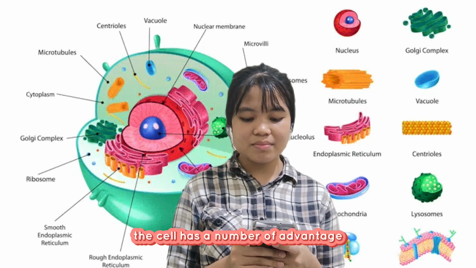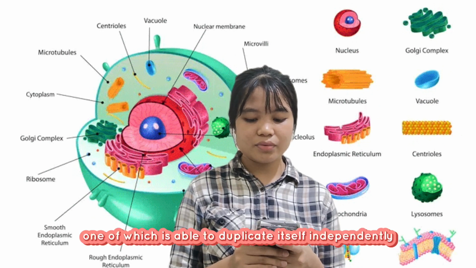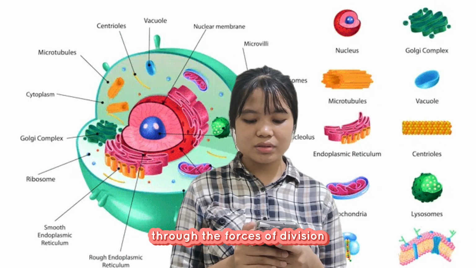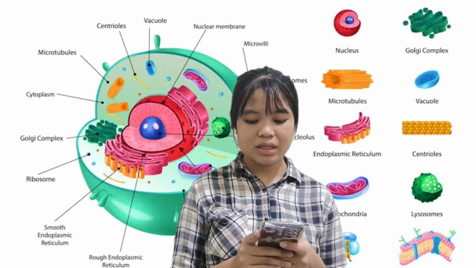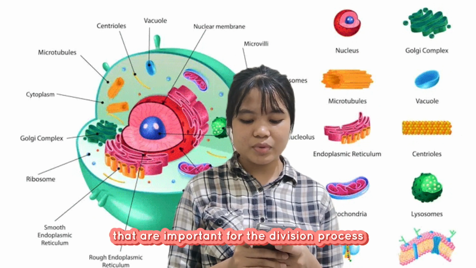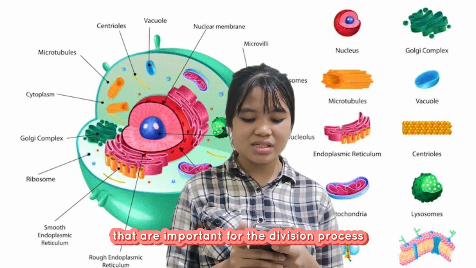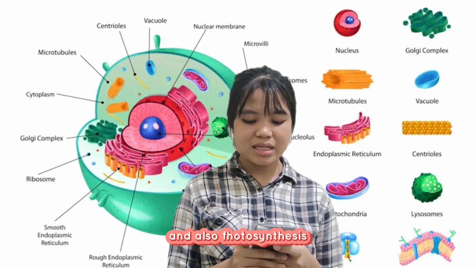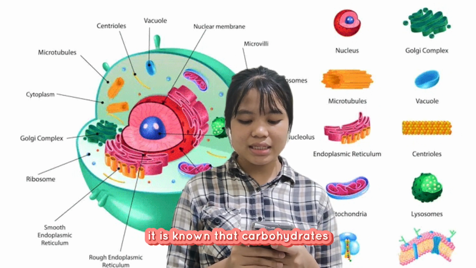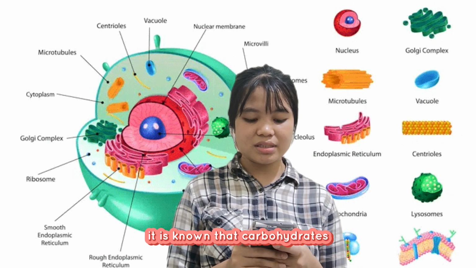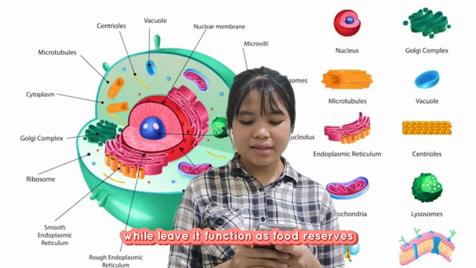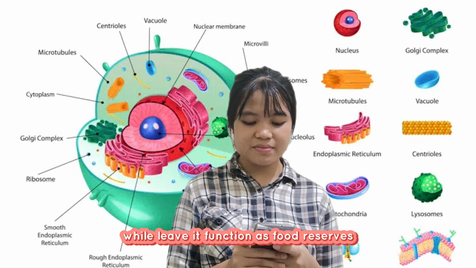This cell has a number of advantages, one of which is being able to replicate itself independently through the process of division. Inside the cell, there are compounds that are important for the division process and also photosynthesis, namely carbohydrates and lipids. It is known that carbohydrates are very useful in the photosynthesis process, while lipids function as food reservoirs such